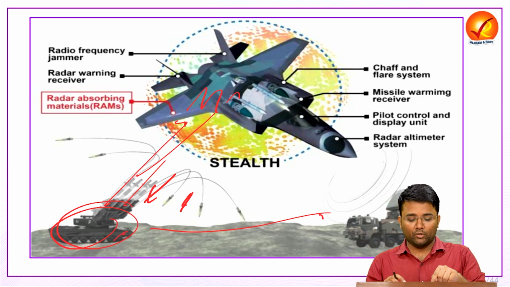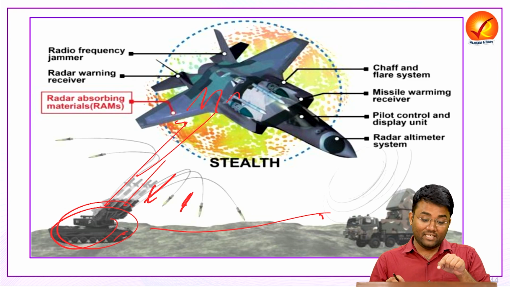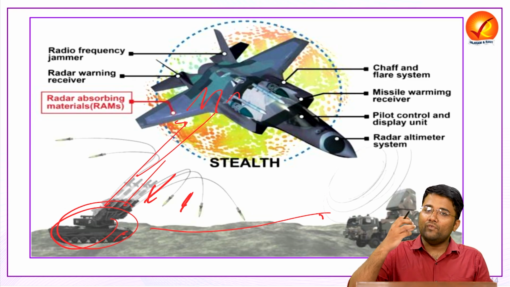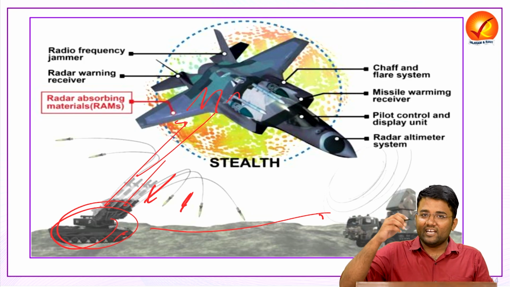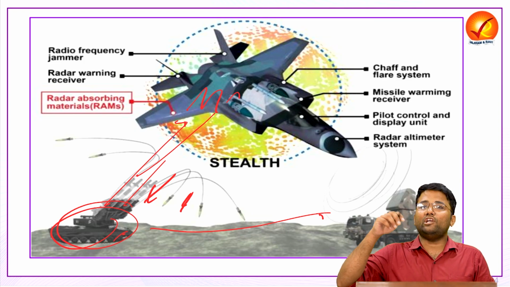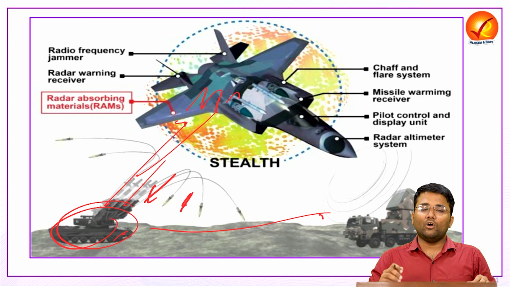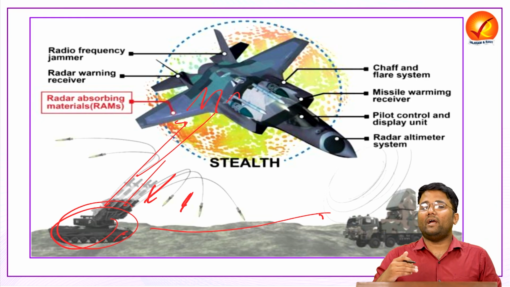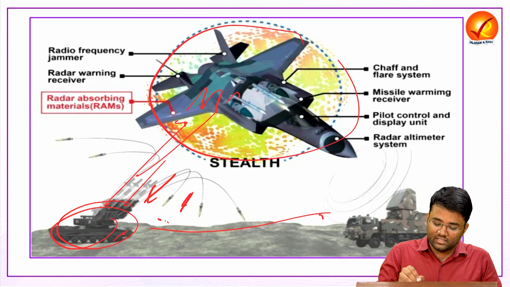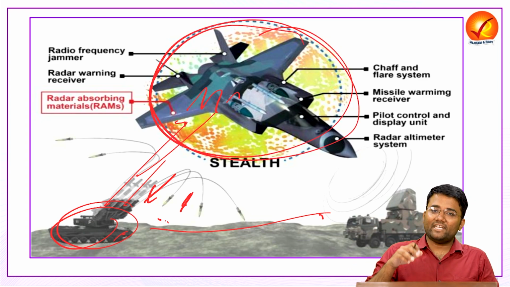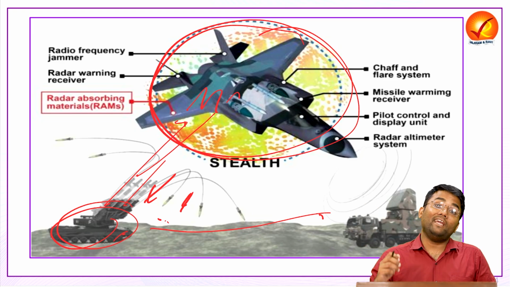It will give an idea about the speed of the aircraft. But here, with the stealth technology, that electromagnetic wave will go through total internal reflection within the body of the aircraft itself, and then it will be converted into heat energy. So it is not getting reflected back, it is not coming back to the ground, and in that case this aircraft will have better survivability and better maneuverability while being airborne.